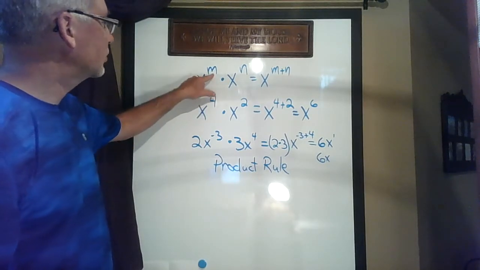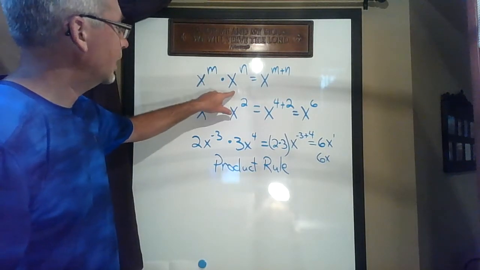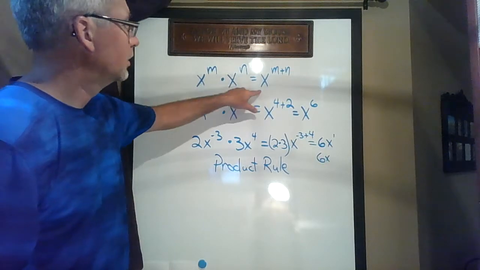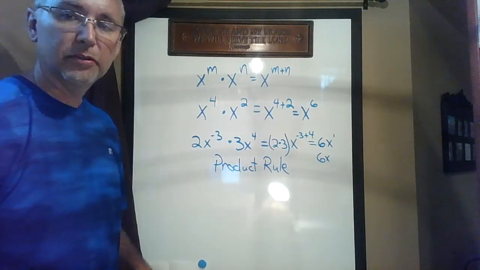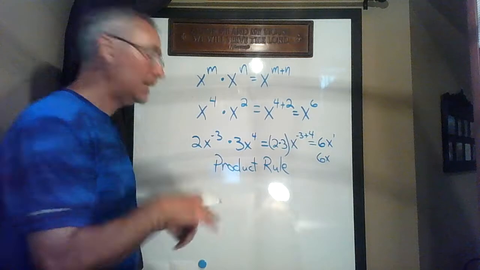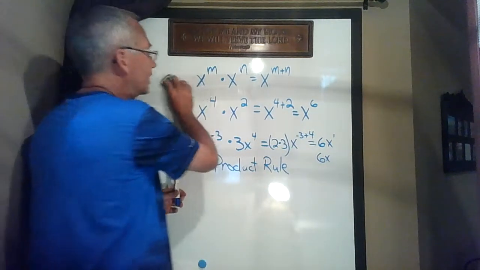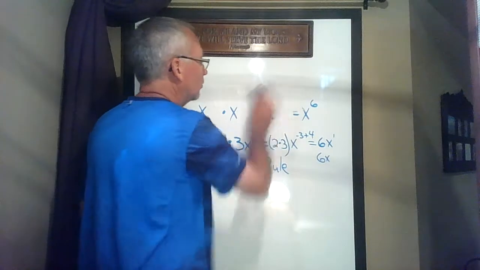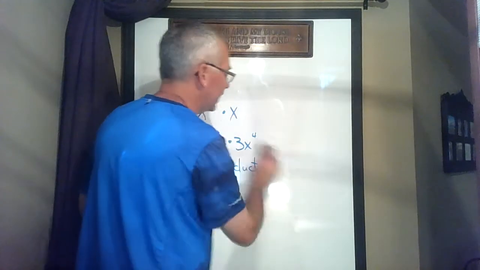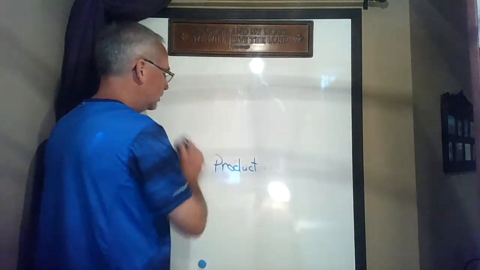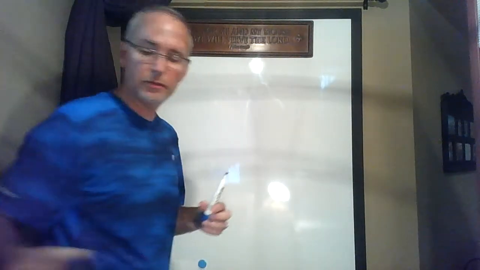Anytime I have a number to an exponent and I have that same base to another exponent, it's just like adding the exponents together. Well, if multiplying means adding the exponents together, I wonder if anybody knows what dividing the exponents might do. Well, when we divide variables with exponents, we actually are going to subtract them. So here is